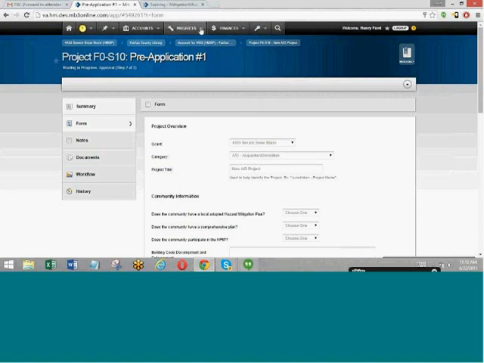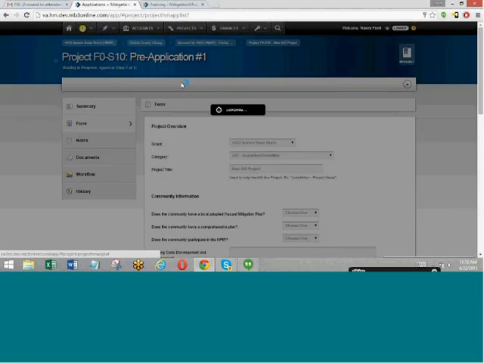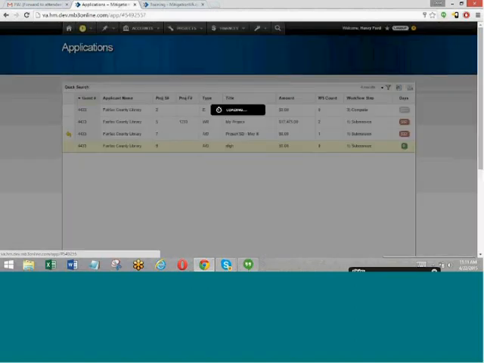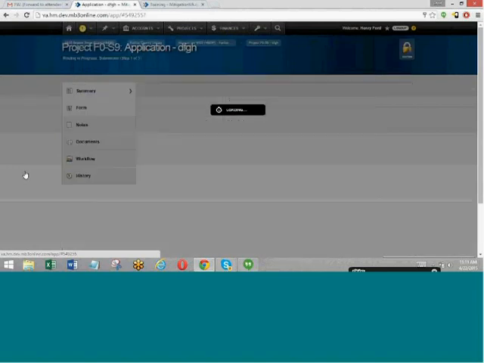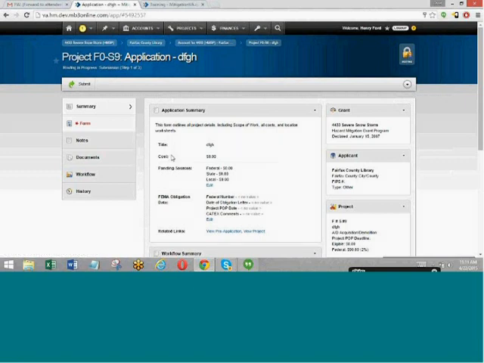to VDM. So I'm not able to do that because I'm logged in as the applicant, but I'm just going to see if I can go to an application form through the applications listing. And here's one that we can work on. Okay, so here we have an application that was created as a result of the pre-application being approved. So you'll be notified, and now you have to go and actually complete the full application.